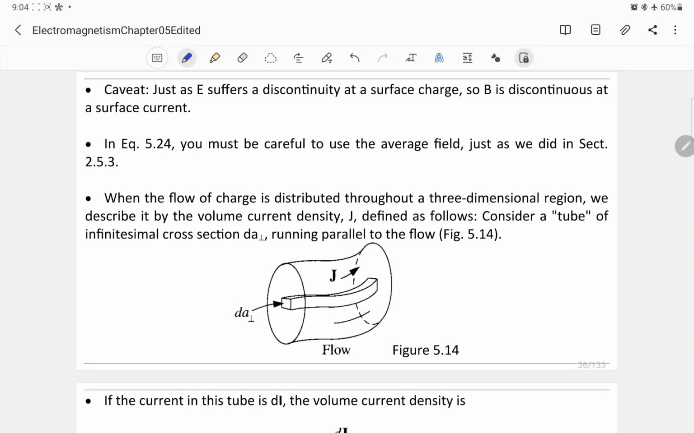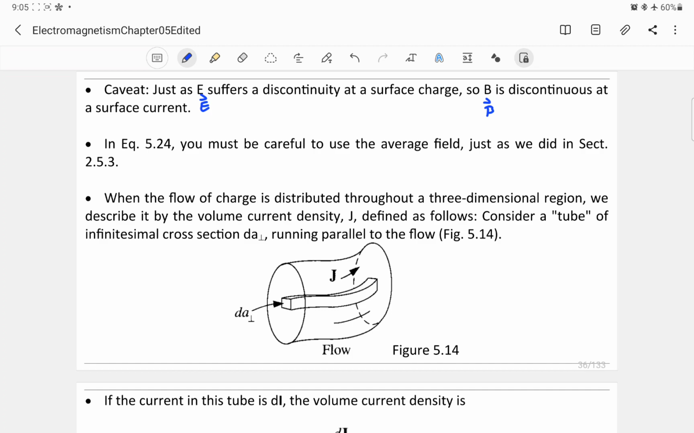Here's a caveat. Just as E suffers a discontinuity at the surface charge, so B is also discontinuous at the surface current. When the flow of charge is distributed throughout the three-dimensional direction, we describe it by the volume current density J. By the way, this is supposed to be a vector, so you have to write it like that. So we describe it by the volume current density J, defined